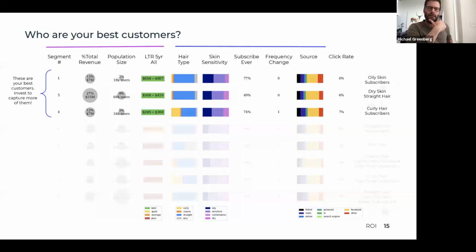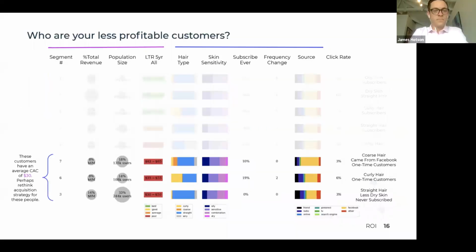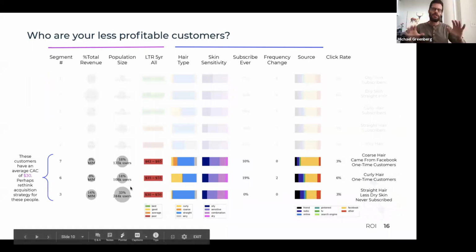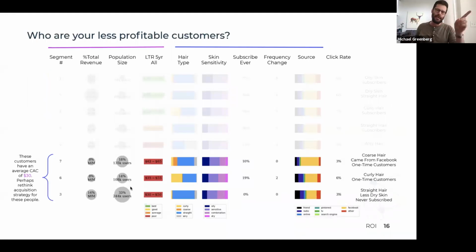Well, let's see what happens if we look at the worst group of customers. Uh-oh, the absolute worst group on the bottom also had straight hair. And oh, by the way, they're 33% of their customer base. So what was actually happening here happens all the time. They took the leading signal that seemed to be correlated with the best customers, which was having straight hair. And it turns out that signal was also highly correlated with their absolute worst customer,